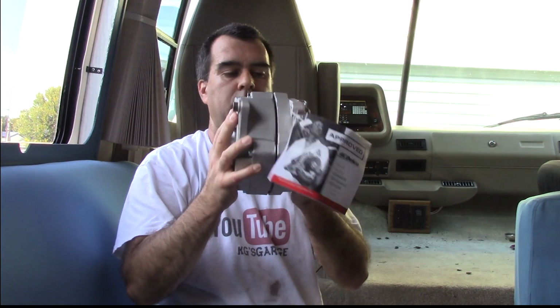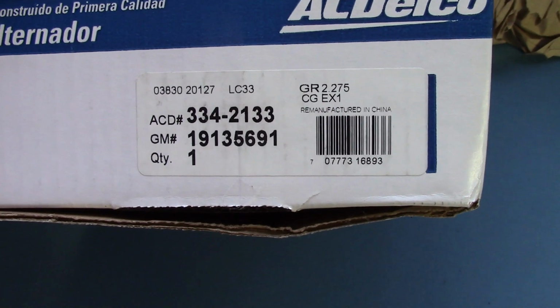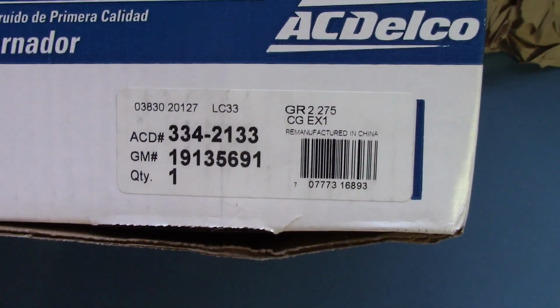I'm going to film it and show you what it takes to get this big monster alternator out of the motorhome here. Here's the part number that I bought. I got it from Rock Auto. Oh, it is. Look, it's remanufactured. Anyway. So, what you got to do is get to your alternator, which means you got to pull up